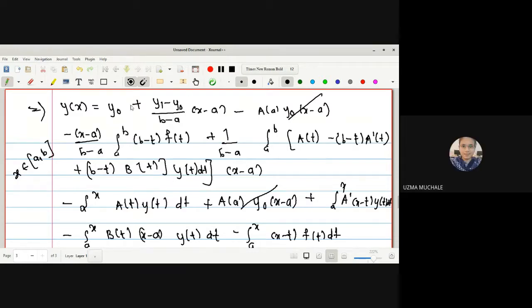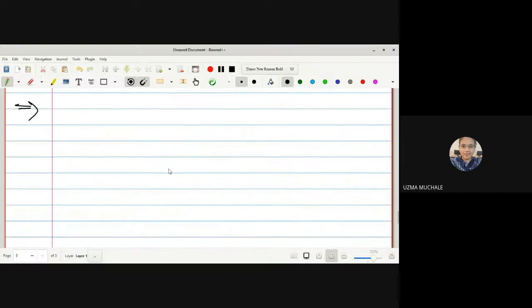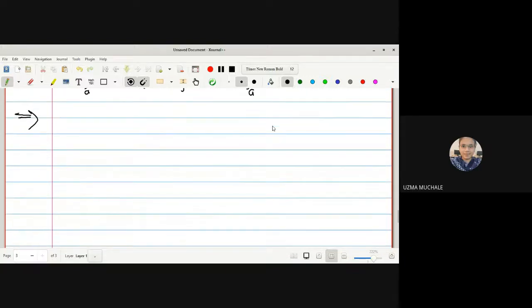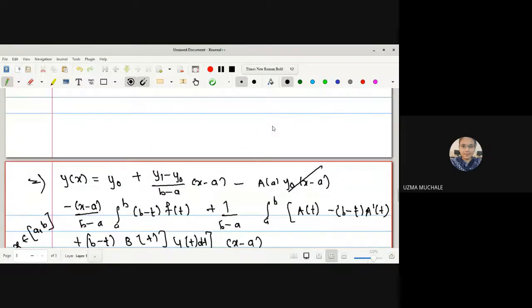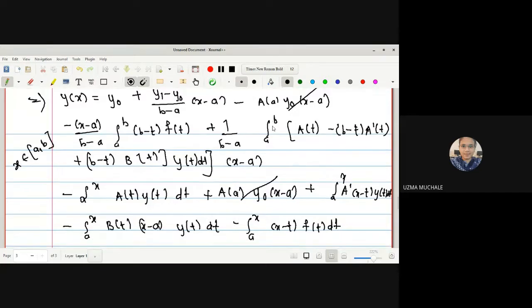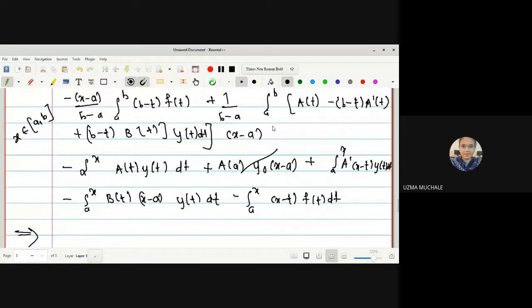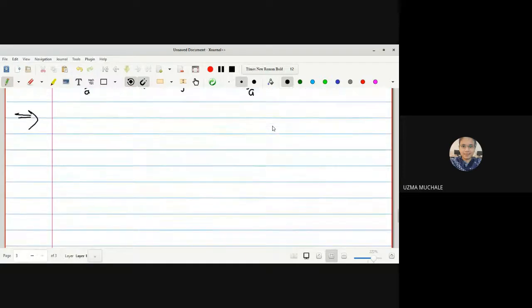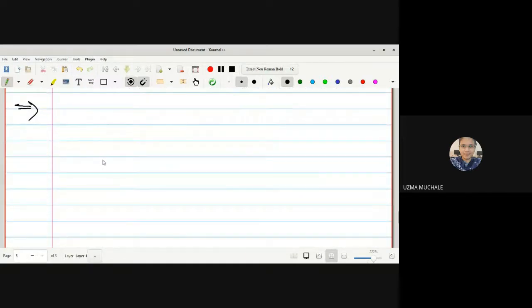So what are the terms we have without the integration will be treated as a capital F of x. Okay, whatever the general form we have. In that general form, we can write the terms which are not with the integration, and we'll keep one term with the limits of integration a to b, and another with the limits of integration a to x. Okay, let me write down that equation with common limits.